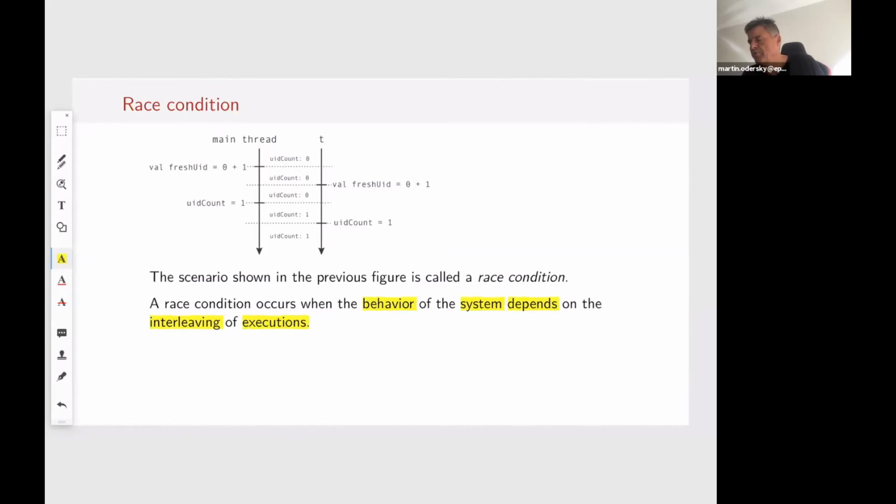Another beautiful thing is that things might look completely bulletproof on your machine, but then you ship the program to the client who has a different operating system or different CPU configuration, and suddenly things start failing intermittently. That's also possible. And so those are races. Race conditions are things that depend on the precise timing, on the interleaving of these executions.